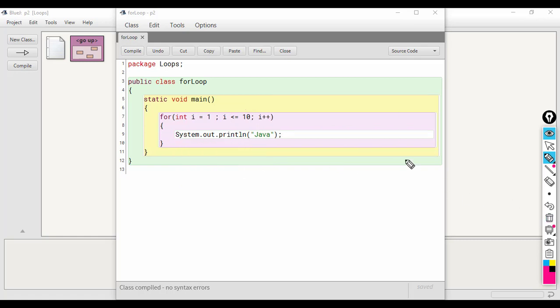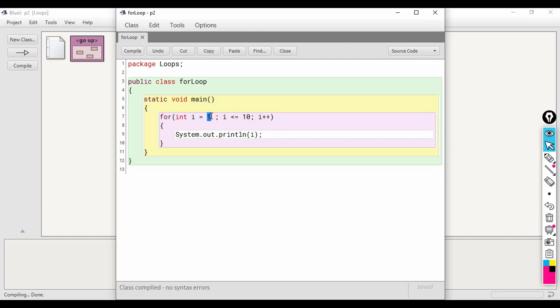Now let us see a few variations of this for loop. Now instead of printing, I will print I. This time the value of I will be printed, and you know that the value of I keeps changing in every iteration of the loop.